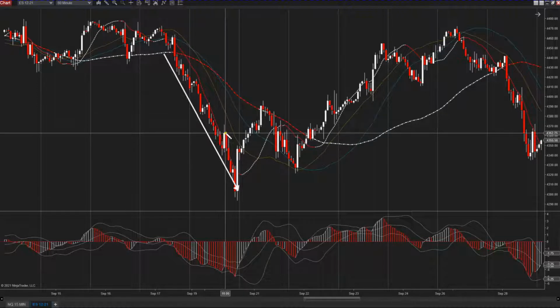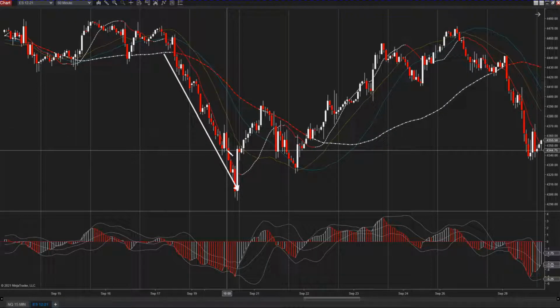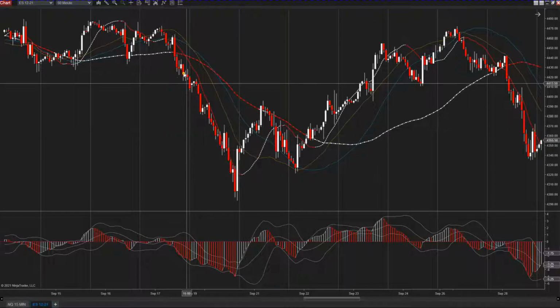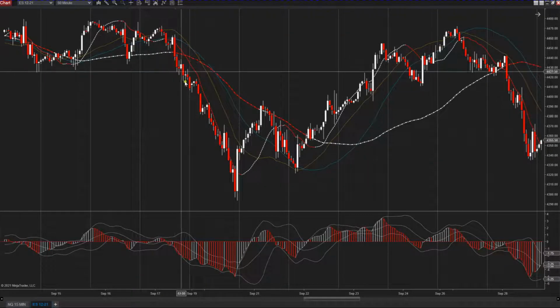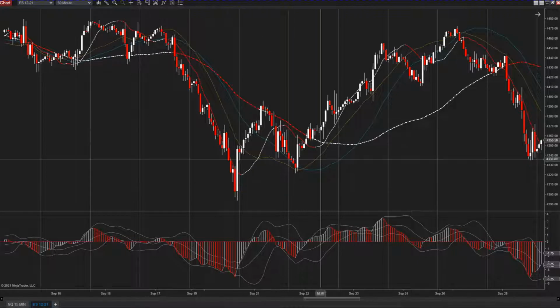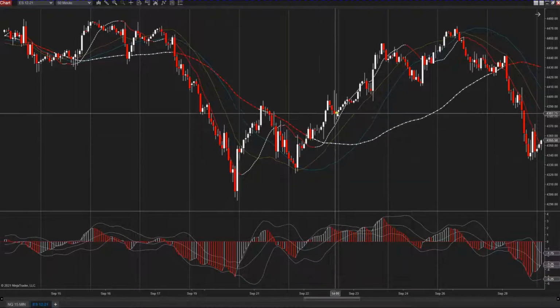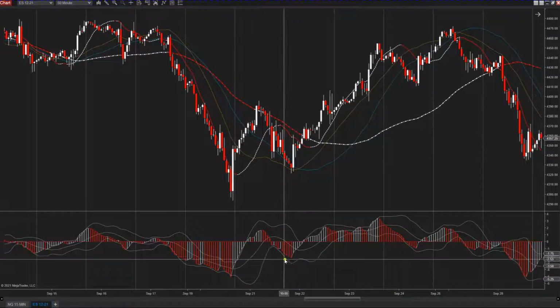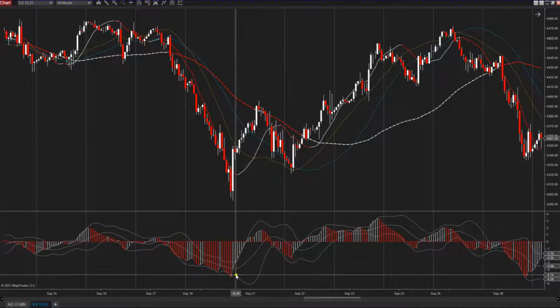Here we had an up close, but it turned right back around and closed back under it for a little bit more. And take advantage of when that happens. Now you can put this on all time frames. Here we go above it, and it was able to go out. And I use it with momentum, obviously,